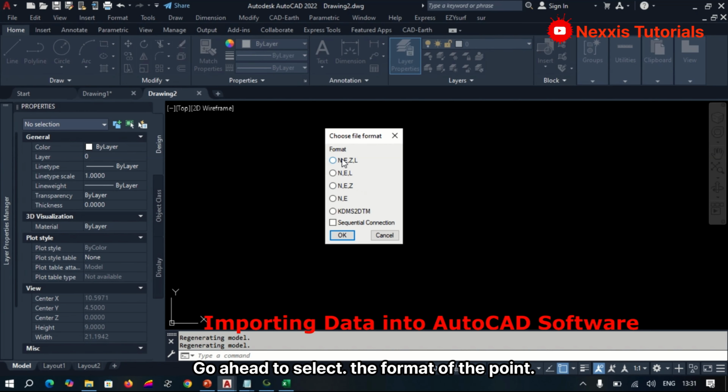Go ahead to select the format of the point. Mind you, previously we formatted our data into northings, eastings, and labels respectively. In the event you are undertaking a height work, you can opt for the option of the northings, the eastings, the Z, and the label. So we select our northings, eastings, label,